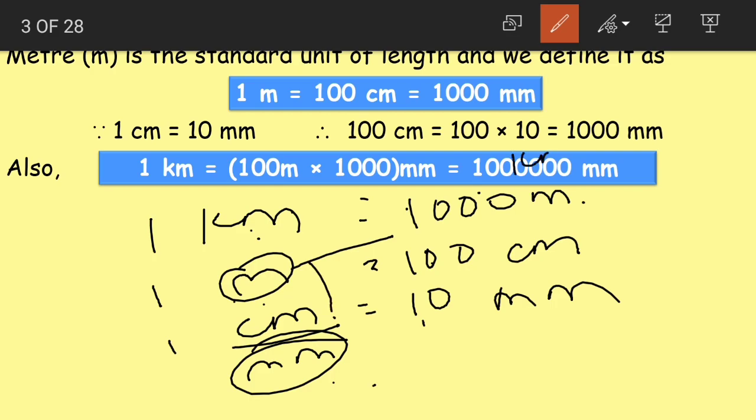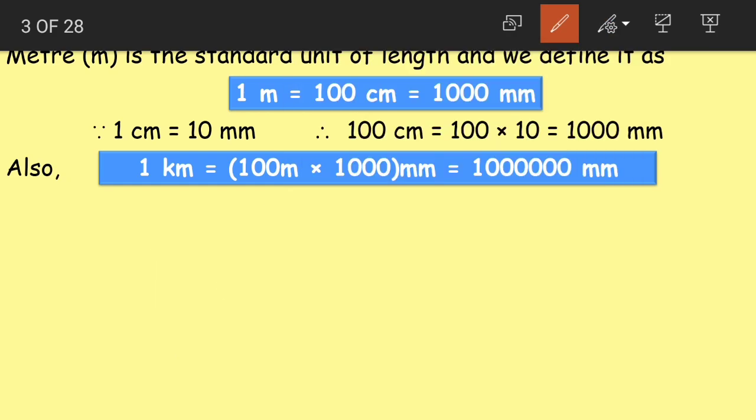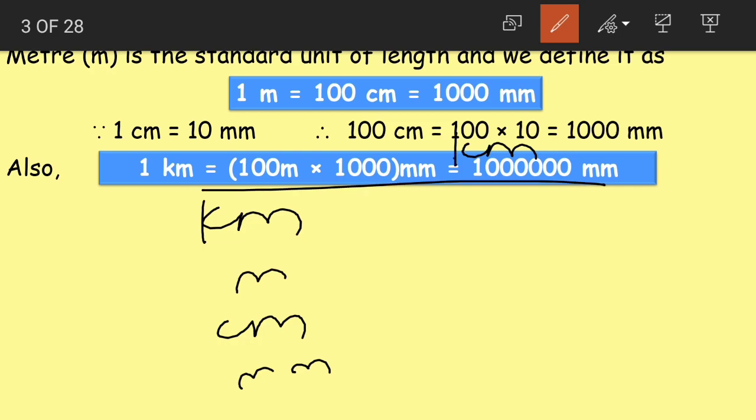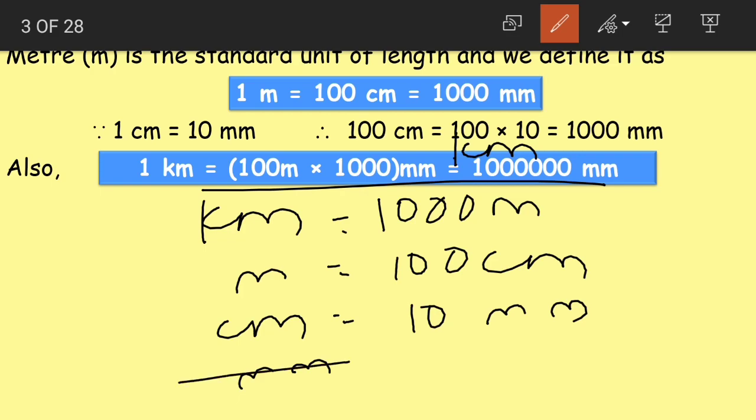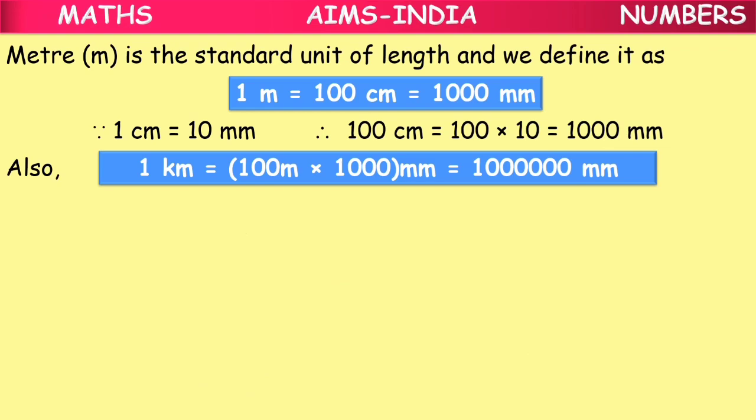Okay, you can write the hierarchy from the top. See, in this side we are leaving the millimeters and in this side we are leaving the kilometers. Understood, students? Kilometers, meters, centimeters, millimeters. Again, you write from the top, one place above. Kilometers, meters, centimeters, millimeters. Then as I said, 1000, 100 and 10. Now this and this will be gone. This millimeters will be left here and kilometers will be left over there. Now this is how you can remember the values of kilometers, meters and centimeters. I hope this was clear.